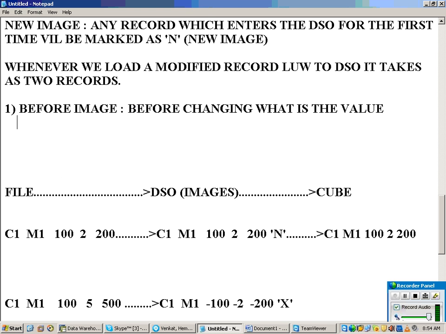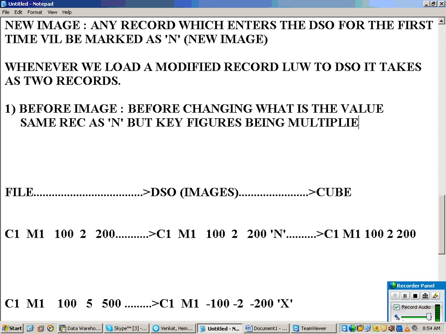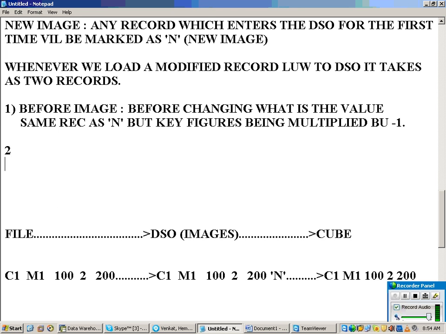So before changing, what is the value? It takes the same record as N, but with the key figures multiplied by -1.